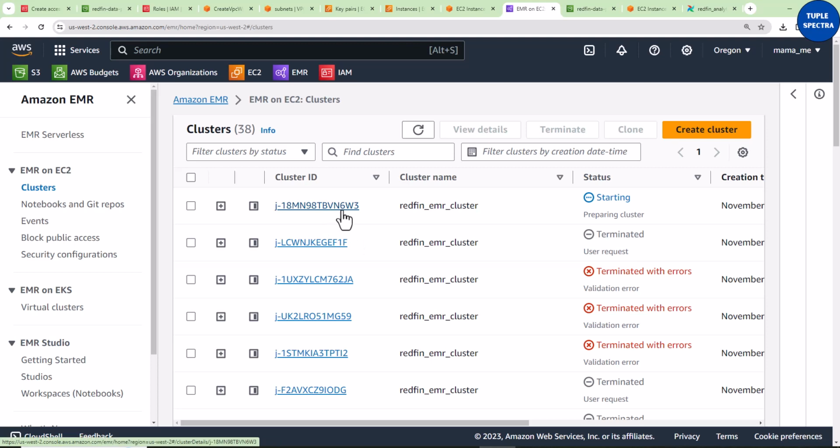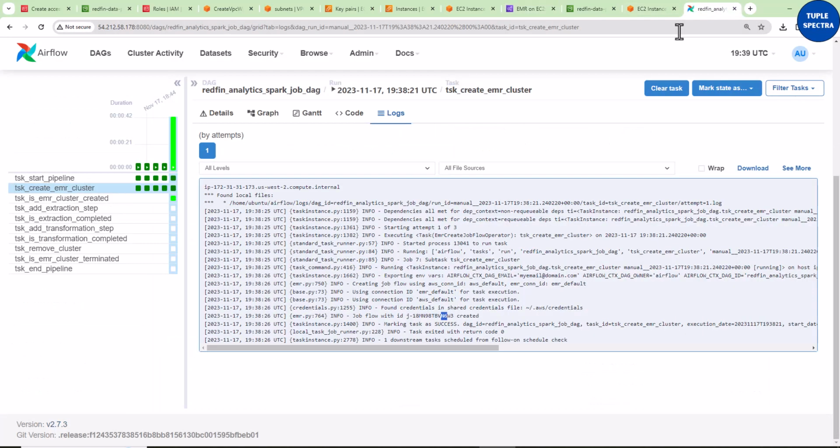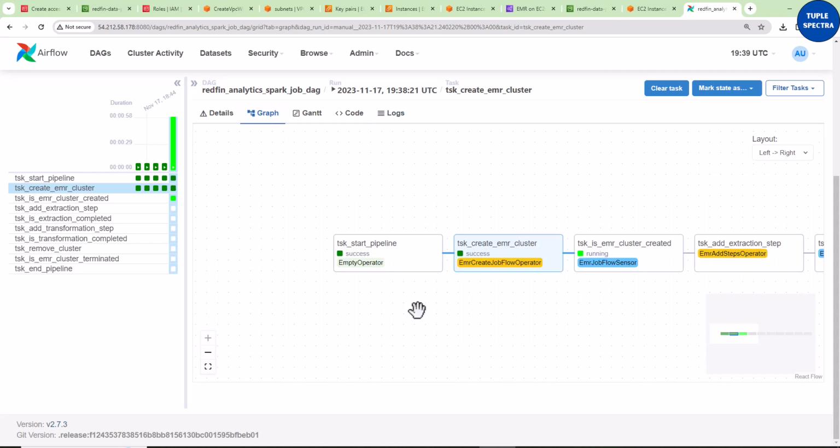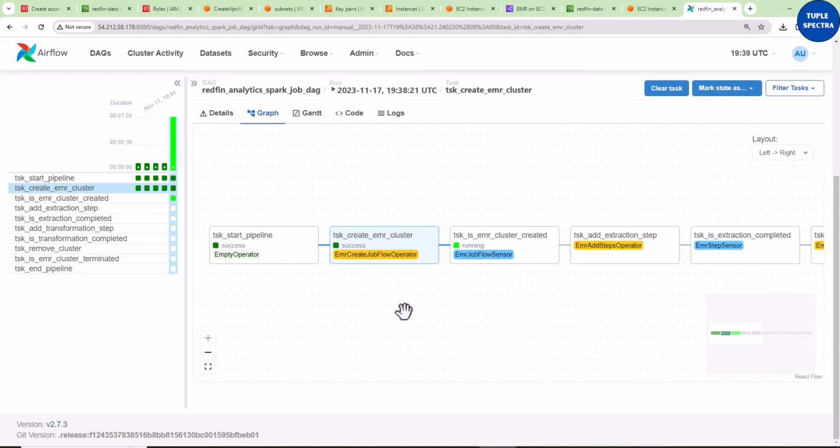Very good. You can see N6W3. You can see now that this is starting out. Okay, so what is going to happen is that, let's go back to graph. What is going to happen now is that you can see this task right here that we call EMR